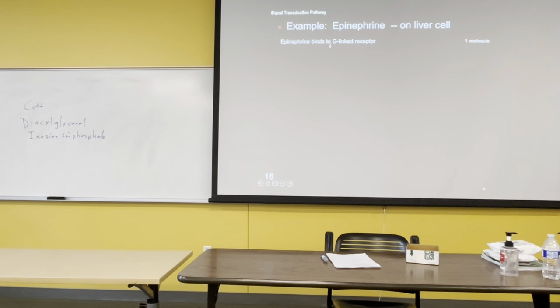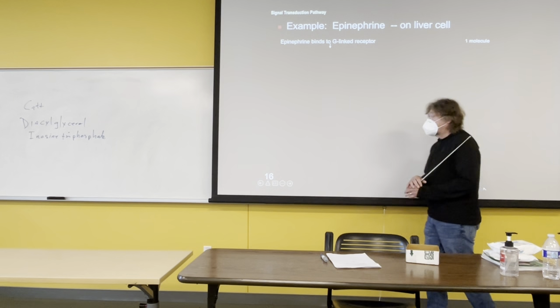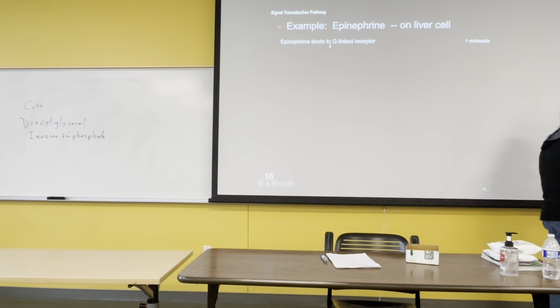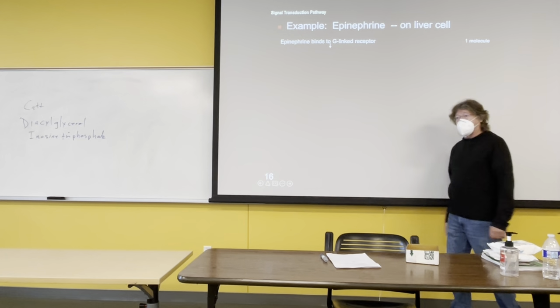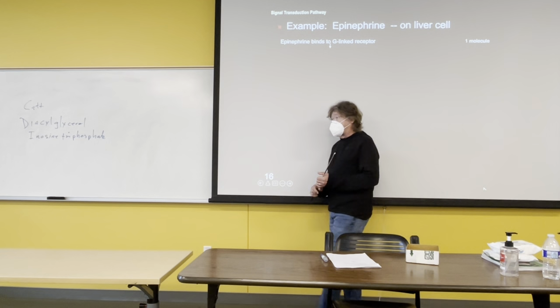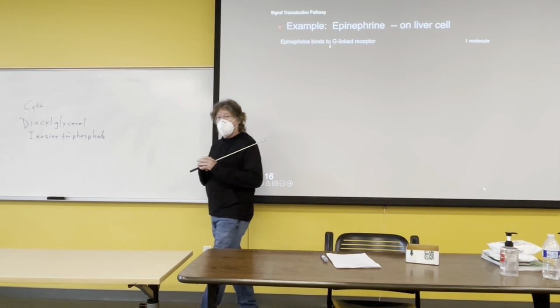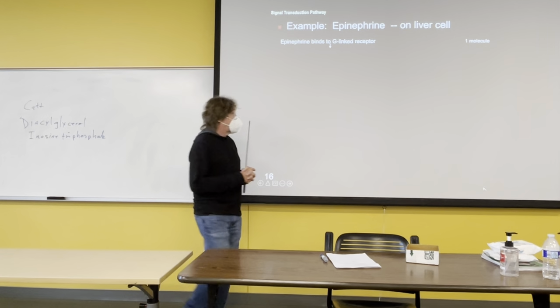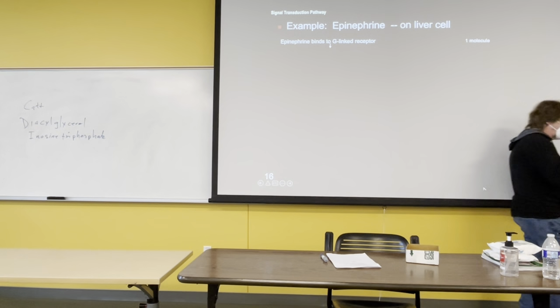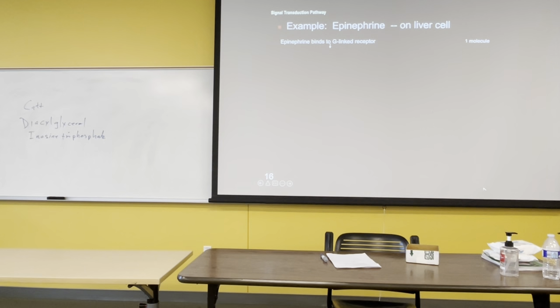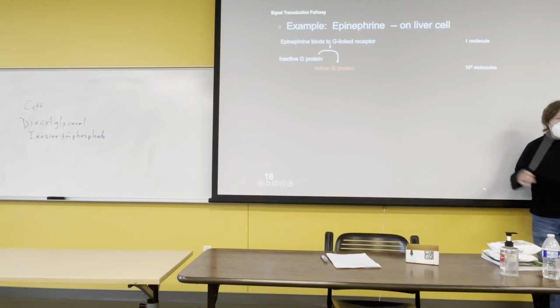Okay, an example here is with epinephrine and its effect on glucose stores from the liver. Okay, because the liver stores glycogen, and this is a stress hormone, okay, acute stress. And so one of the things that it has to do is stimulate the liver cells to start breaking down glycogen and release glucose, okay? So if we have just one molecule, epinephrine binds to the G-linked receptor, that activates an inactive G protein. It's now active, and